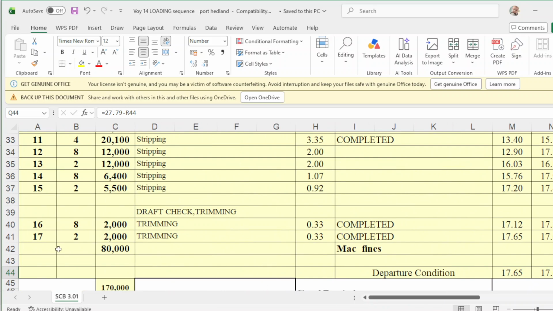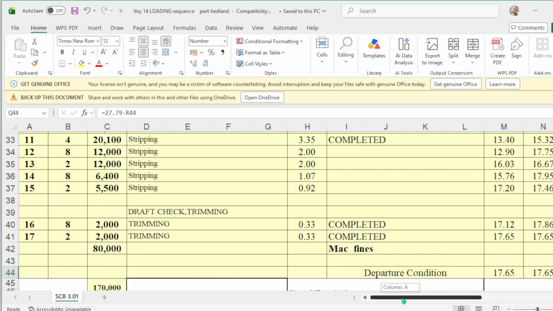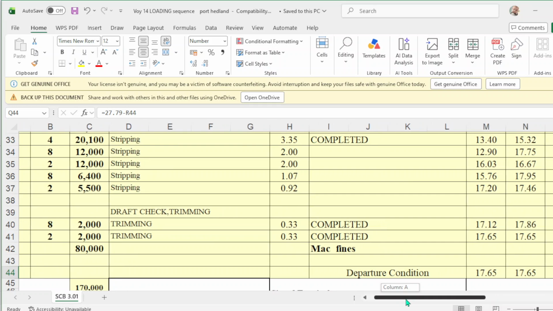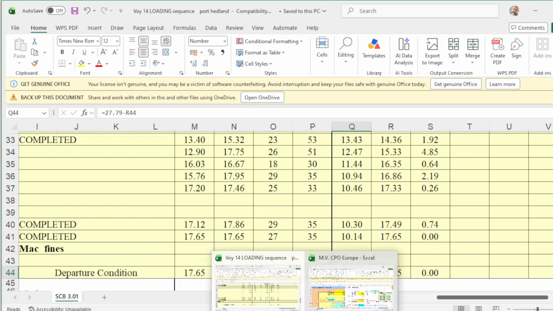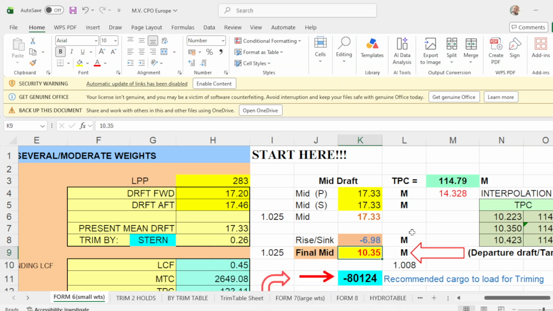After loading number 2, your final cargo hold to be loaded, your final drop will be even keel of 17.65 forward, 17.65 aft, and your mid drop is 17.65. So there's no trim, zero trim. So your departure drop is 17.65, even keel. So you put here 17.65. Okay?